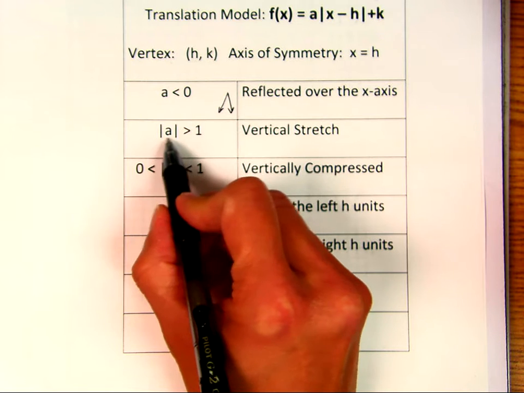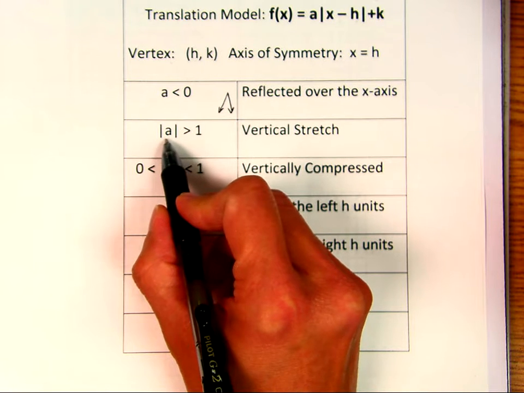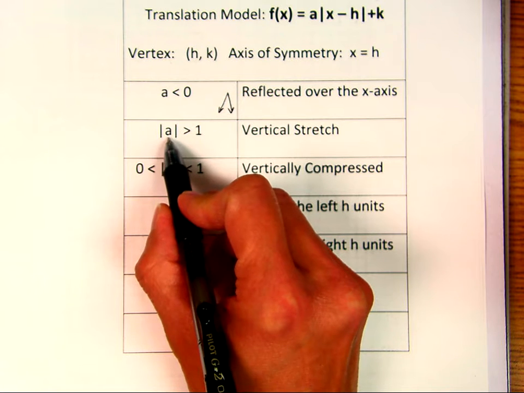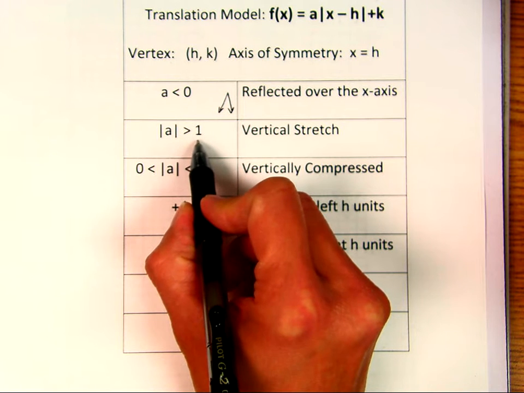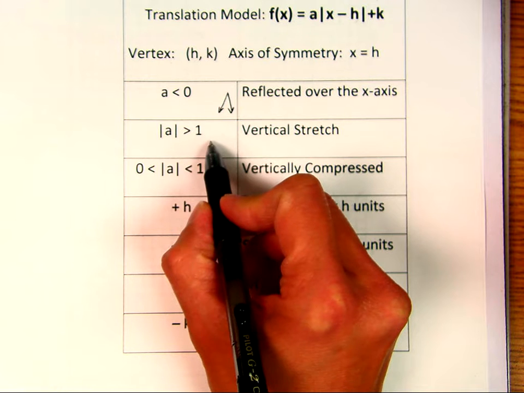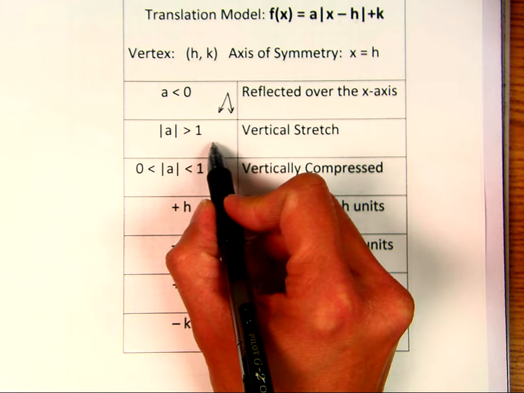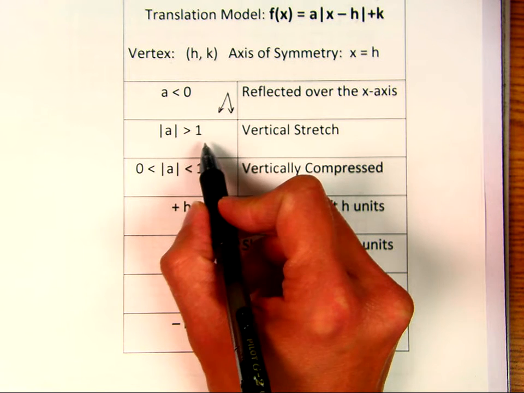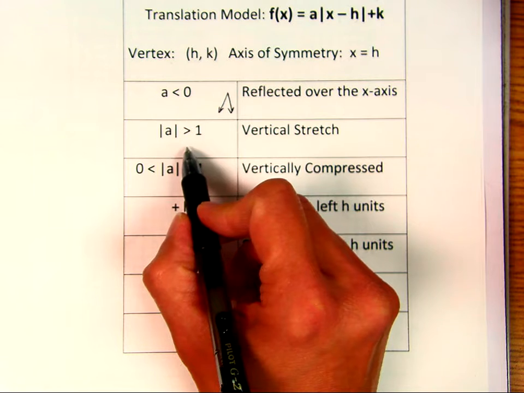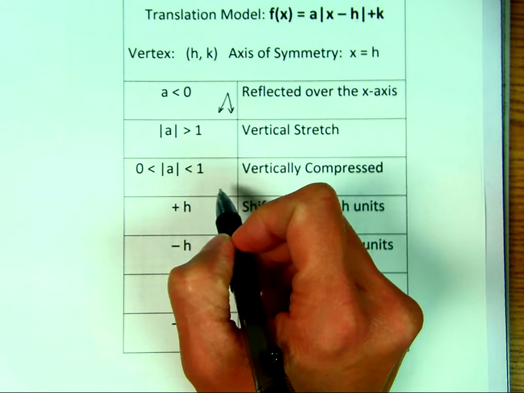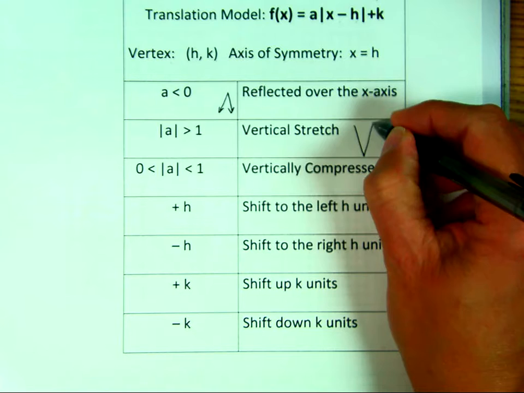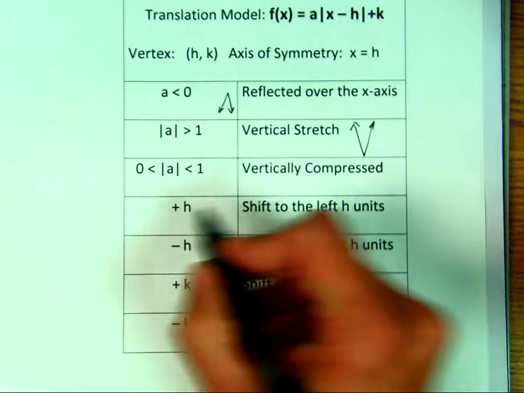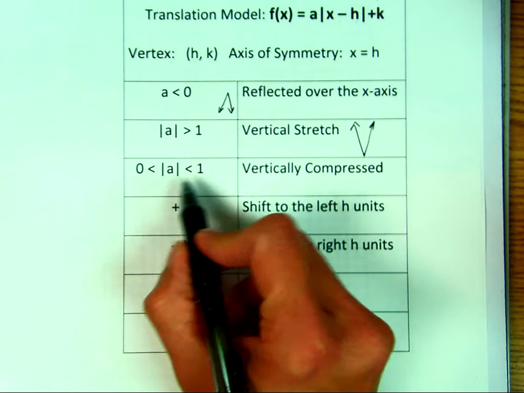Notice this says the absolute value. So that means ignore the negative, just take the absolute value of a, and if it's bigger than 1, like 2 or 5, we've already been studying that, right? It makes the slope of the different sides of the absolute value one negative, one positive. So if a was 5, then the one side would be slope of 5, the other side of -5. We call that a vertical stretch. It actually gets skinnier. When the absolute value of a is between 0 and 1,